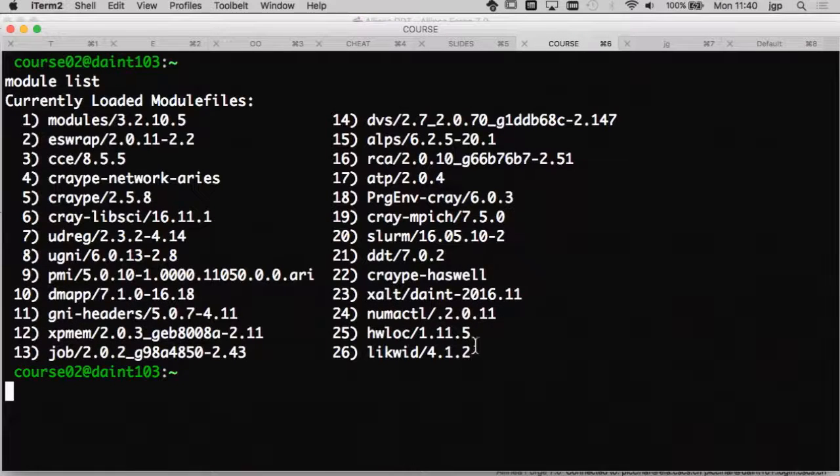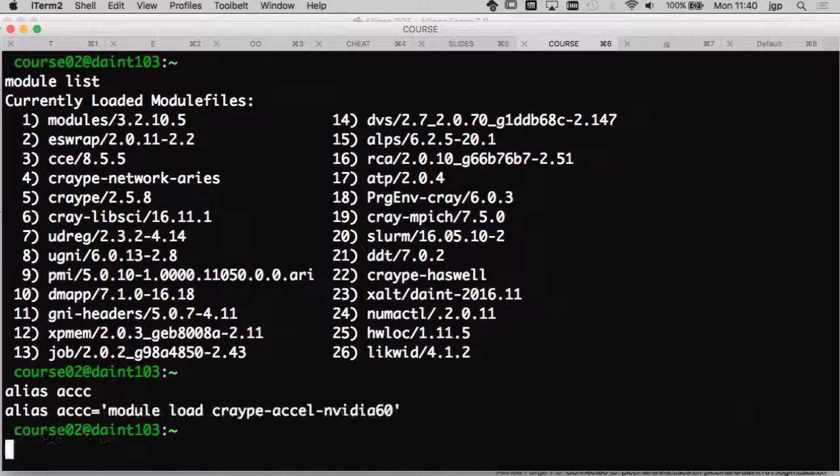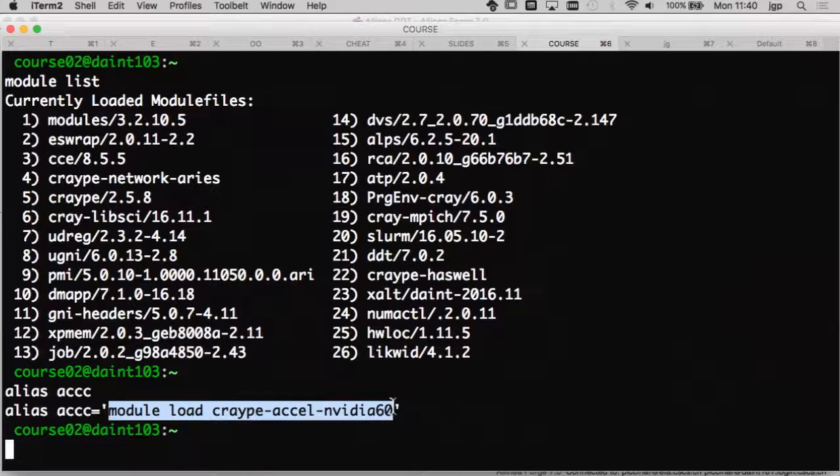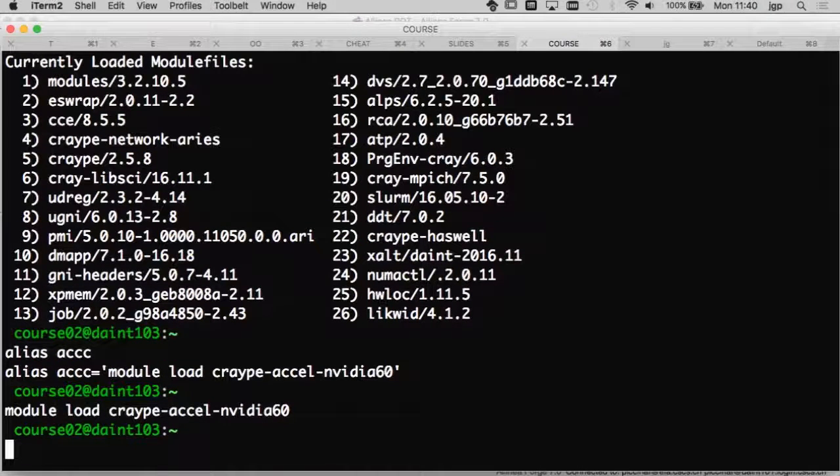What else? It's important to see that the Cray libsci library is loaded by default, but in our case, because we want to use the GPU, we need to load a module called craype-accel-nvidia60.